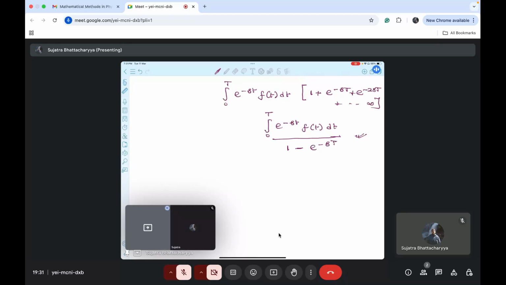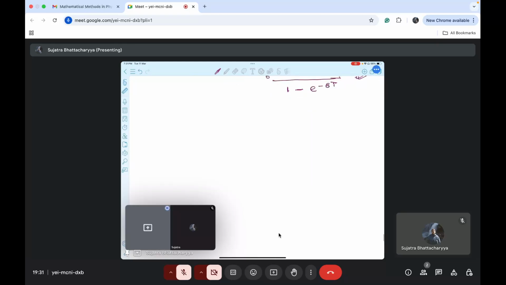Okay, so let's do one question of this Laplace transform of a periodic function. Just by looking at the formula, you will just put it in and you will get the result. Okay, so let's try that. So the question is: find the Laplace transform of a periodic function,